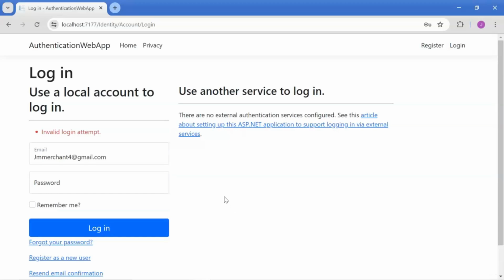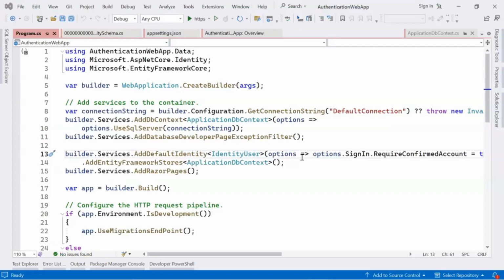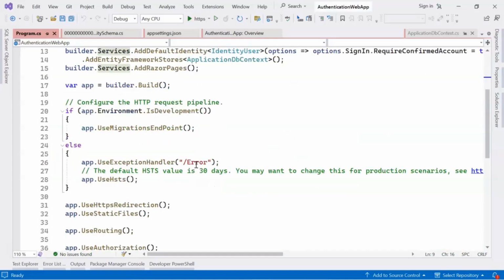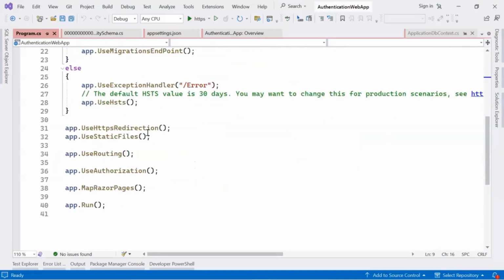Invalid attempt. This error is because we need to go to the Program file and make some changes. As you can see in the Program file, the entire logic has been created: the services, the DB context, and the basic logic.